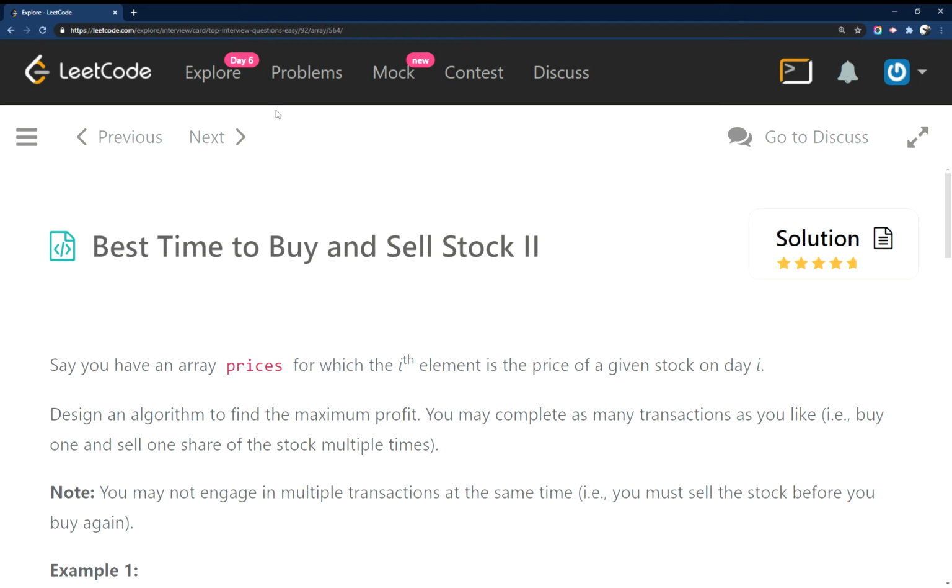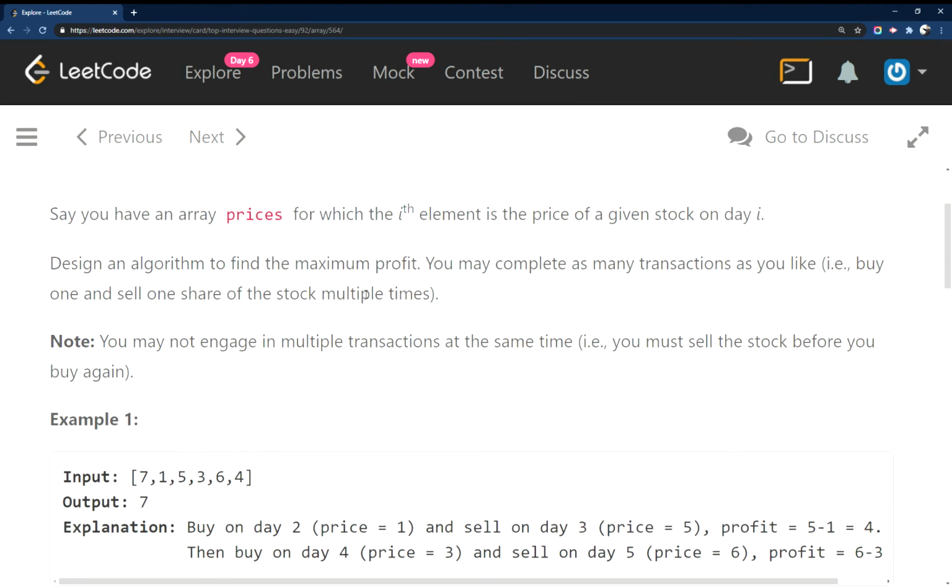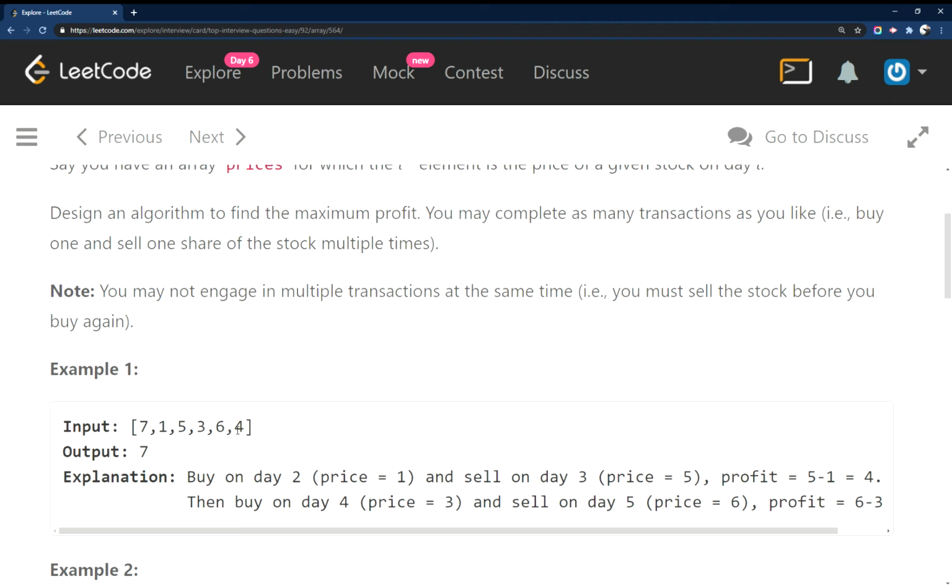Okay, back to Leetcode again today. Working on Best Time to Buy and Sell Stock 2. So in this one, you're supposed to loop through an array and find the differences between some numbers to essentially